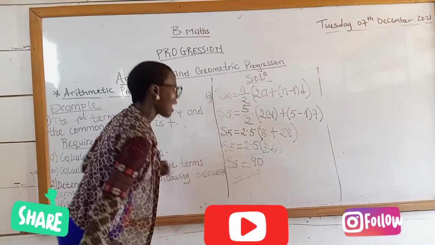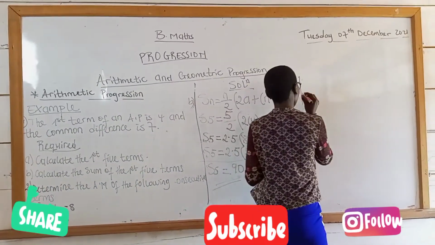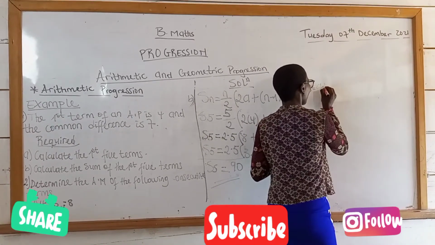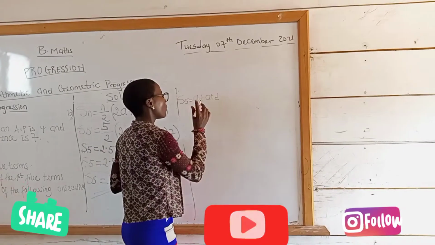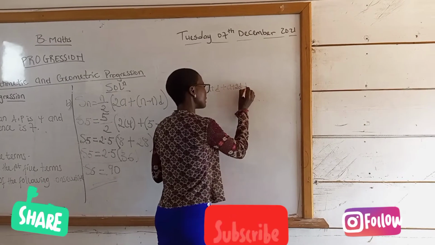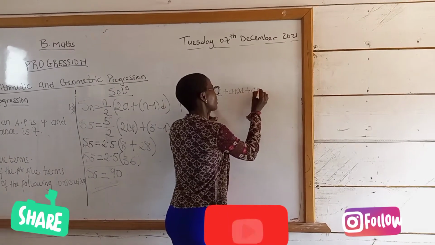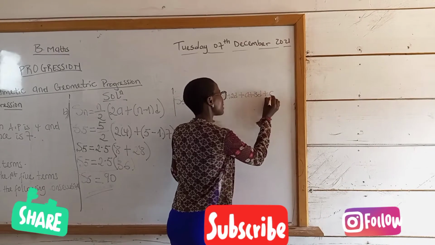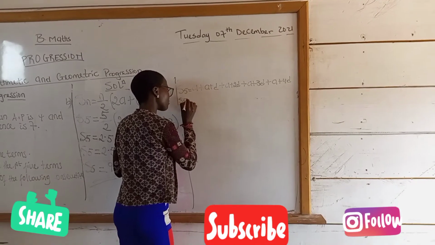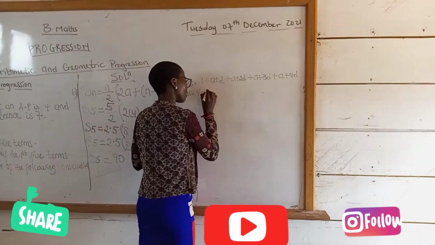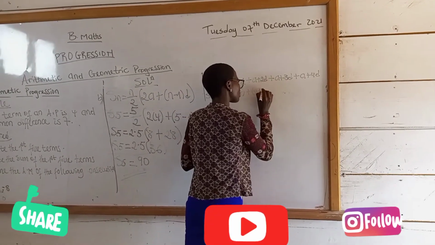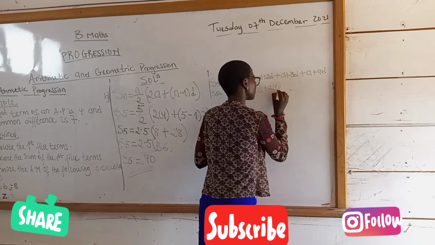Either you use this formula or you say S5 is equal to A, the first term, plus A plus D, the second term, plus A plus 2D, the third term, plus A plus 3D, the fourth term, plus A plus 4D, the fifth term. So S5 is equal to 4 plus 4 plus 7 plus 4 plus 2 times 7 plus